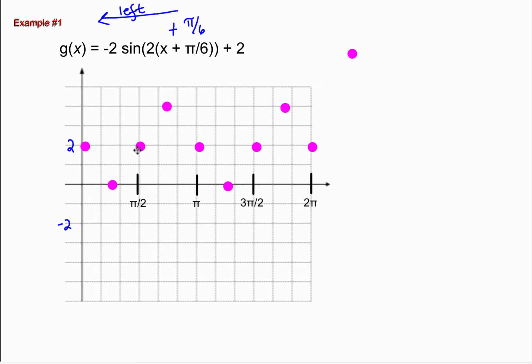So I'm going to pick an easy one right here, and since they're all connected, we're going to take this guy right here and we're going to move him 30 degrees. There. Done. Now I'm only going to trace what I see